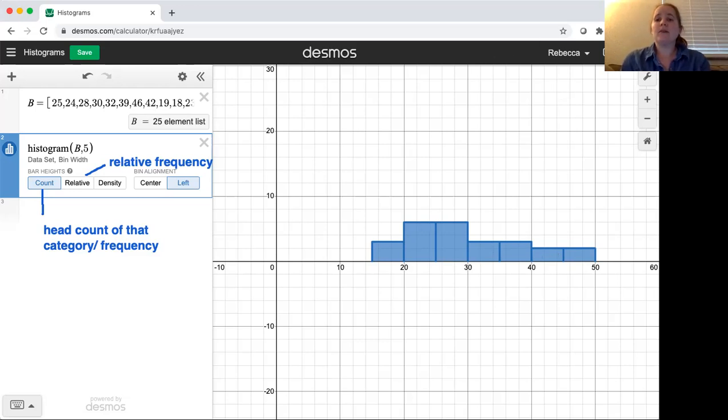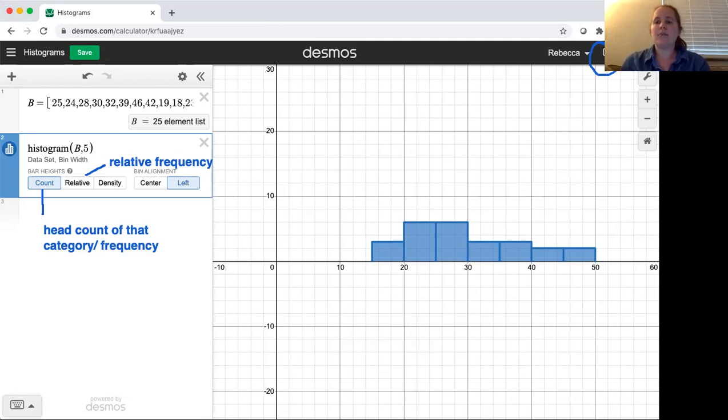From here, we can go ahead and export our histogram over to Canvas, as you will have to do in this lab. So to do that, we're going to click on this box with an arrow coming out of it that's up in the upper right-hand corner.